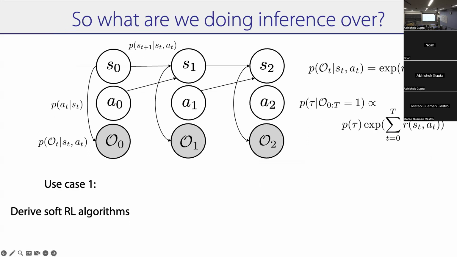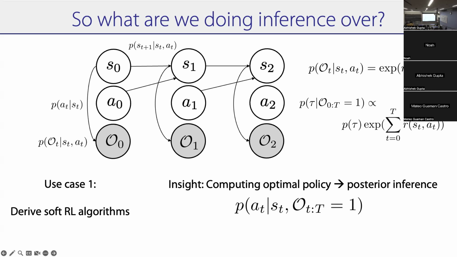And so what we want to do inference over is, given that definition of optimality and that trajectory likelihood, we want to answer the posterior inference query. What is the probability of taking an action A_t at state S_t, given that optimality from t to capital T is 1, right? So it's saying that imagine that you are at this time step, assuming that everything is optimal in the future. What is the likelihood of taking an action at some state, right?